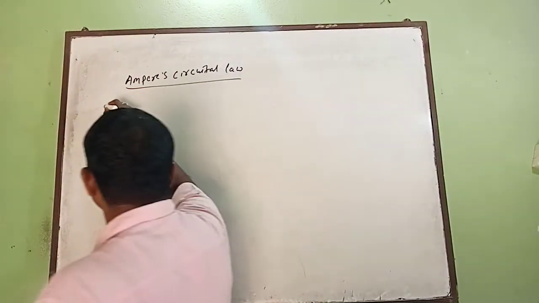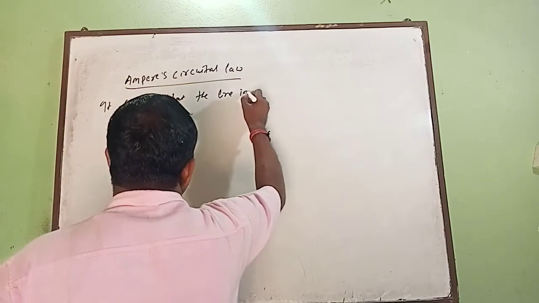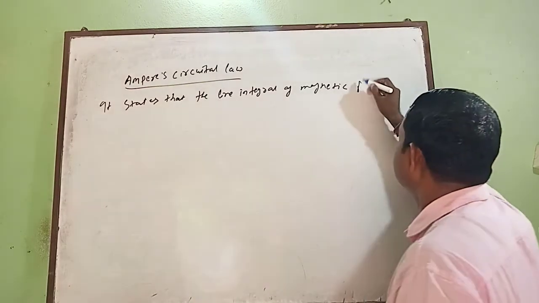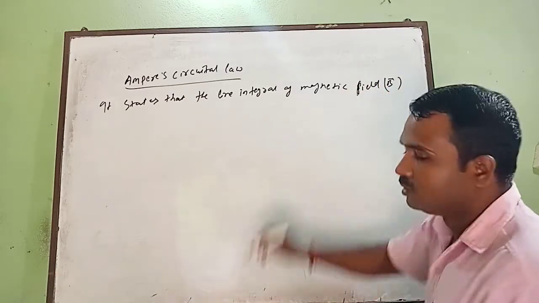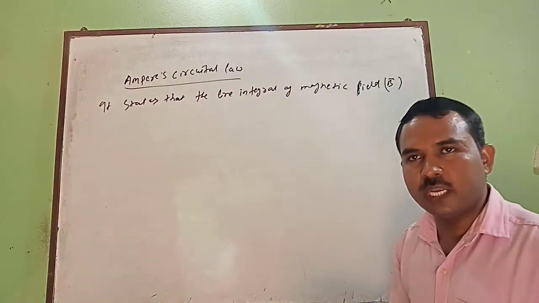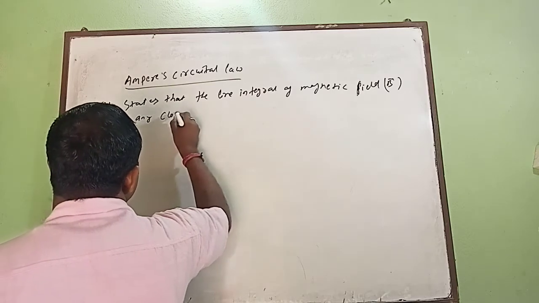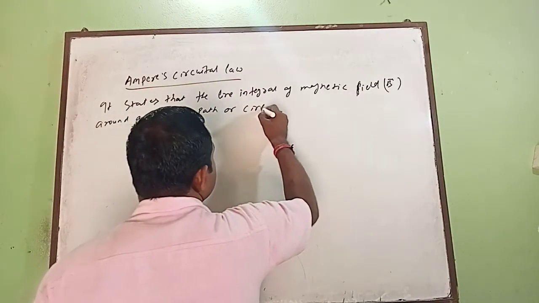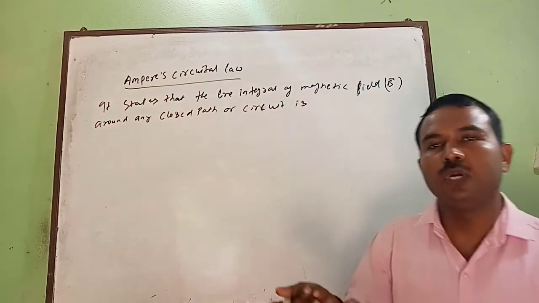It states that the line integral of magnetic field around any closed path or circuit is mu naught times